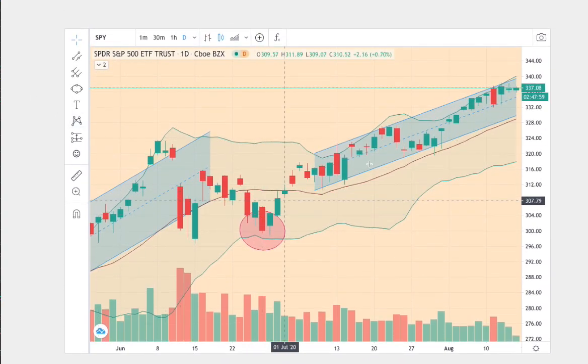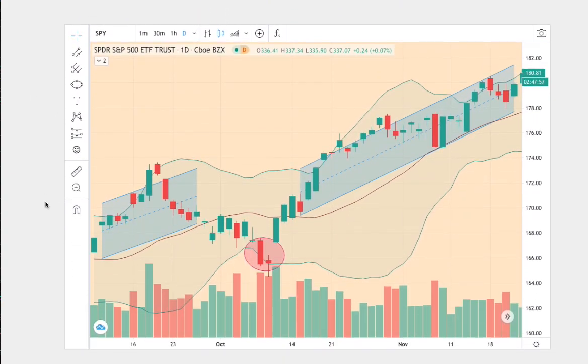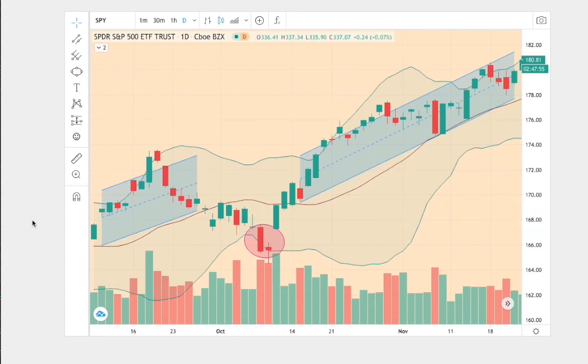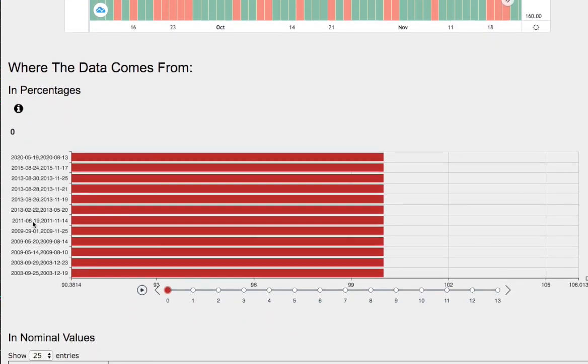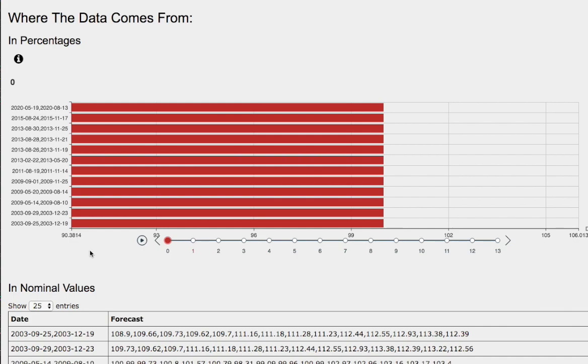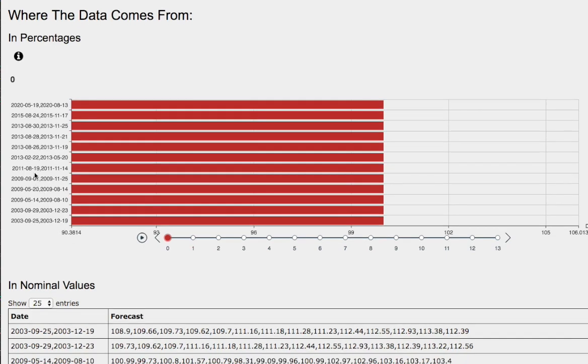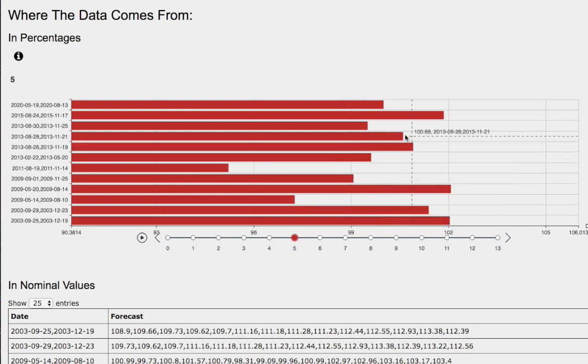So we have 1, 2, 3 points, and on the trend in question we also have 1, 2, 3 points. So there's reason to believe if the trends and patterns are somewhat the same, the outcome and forecast should be fairly the same. So again, the model that we just examined was back in August 28th to November 21st, 2003. So we have 1 day out. That'll be a Monday, and 2 days out will be a Tuesday, and so on. So we have 3 days out, 4 days out, and 5 days out, or a week of trading.